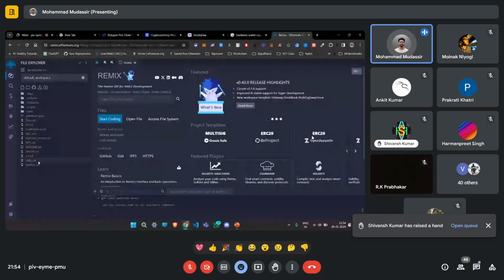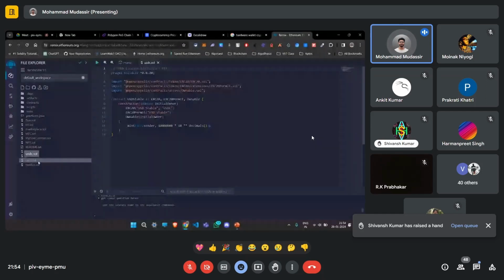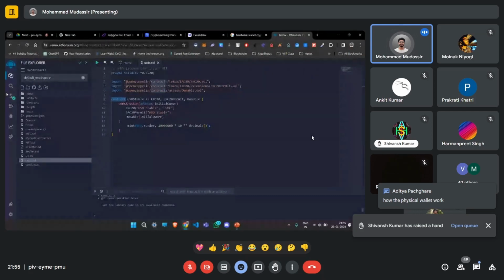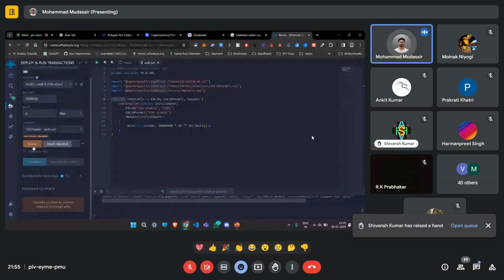Okay, let's say this is a USDC.sol. I've created a token, USDC. I've written some instructions that this is the contract, this is the constructor, and the name should be USDT, and the amount should be this. I've compiled this, and I just want to deploy this. So when I deploy this,